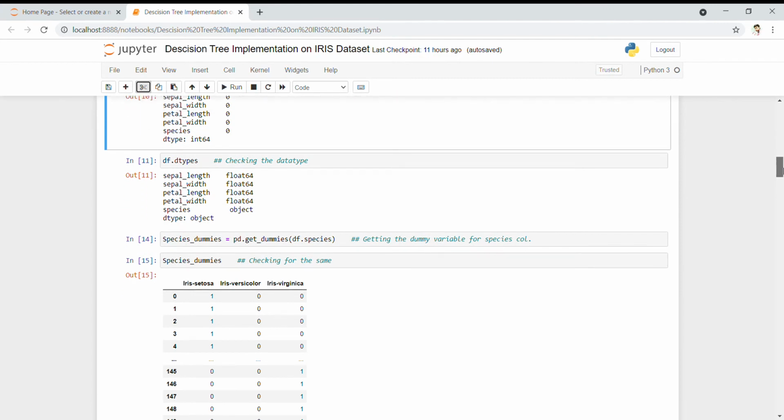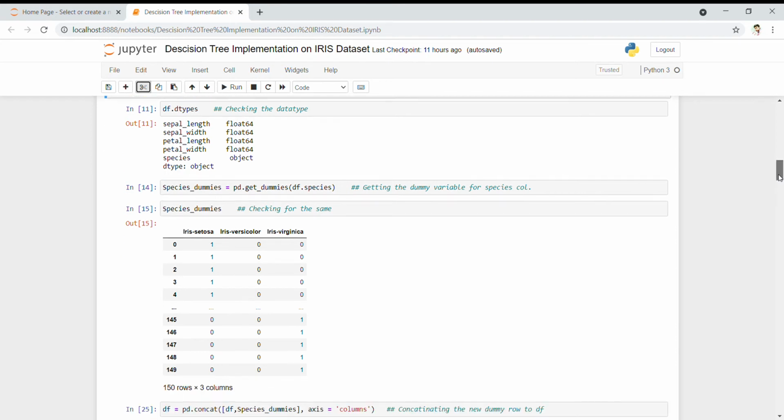So just creating a variable named species_dummies, and then providing pd.get_dummies, and then providing my dataset name, that is df.species, that I want to convert into 0 and 1, basically. So it will give me all the dummy variables for that.